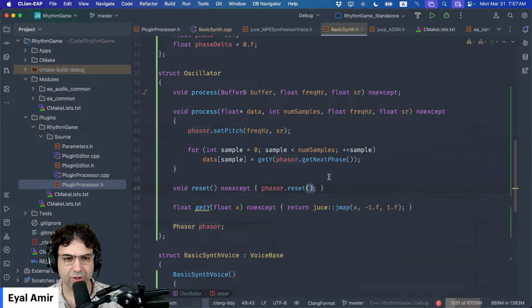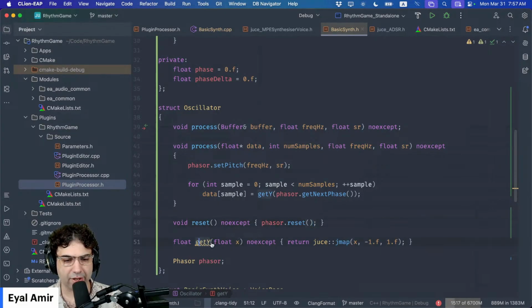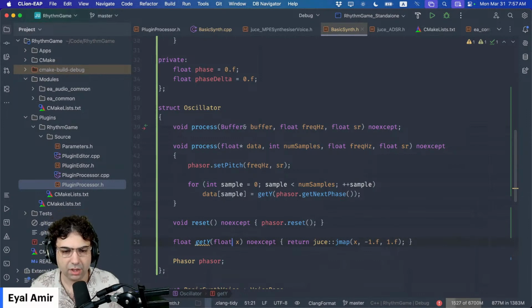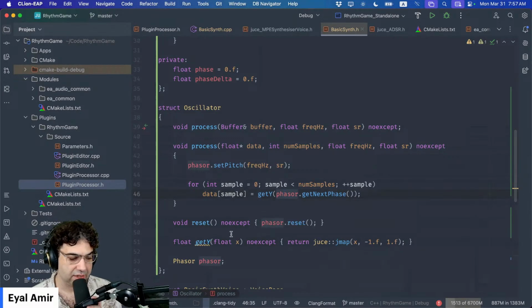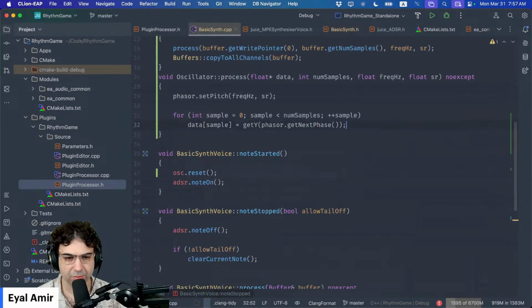And we're also going to abstract this even more because, like I said, I don't want to have just saw here. I want to have a few different versions. But I don't want to put something like a virtual function in here. This won't be good for me because this loop, if it's going to call a virtual function, is going to be extremely slow. It's not going to be inlined. It's not going to be optimized. I don't want to do that, but I do want to have the option to not rewrite this for every single oscillator. Let's move this to